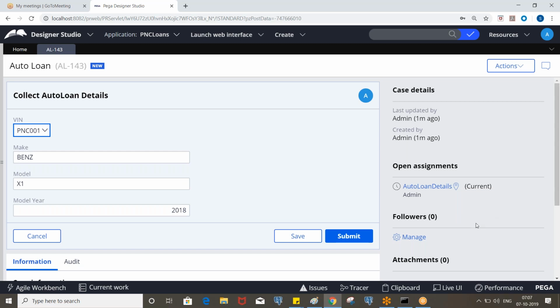So for this, what we do is we are going to create an activity and we will invoke this activity in the utility shape. We can also invoke it in the post processing of the flow action. But sometimes, if we do not have the flow actions to invoke the activity, we go for the utility shape. Okay.